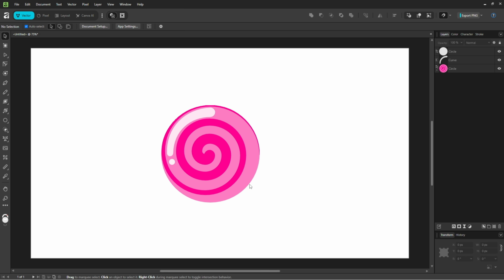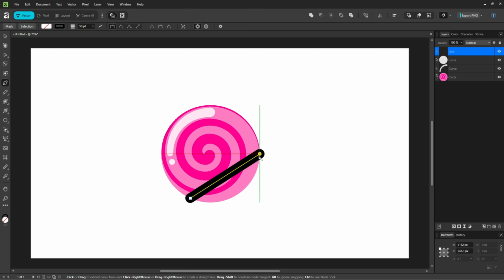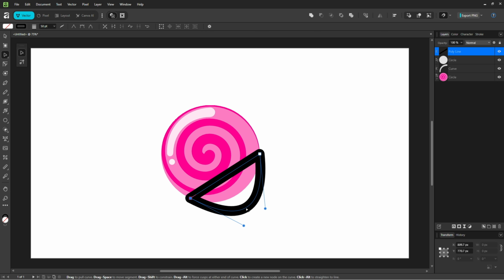Now I'm gonna add a shadow right here. So I'll grab the pen tool and draw a shape. I'll click here and here to draw a line. Then I'll close the line by clicking on the starting point. Now even if you cannot see it yet, it's actually a shape. So I'll grab the node tool and drag it like this. Also this one,